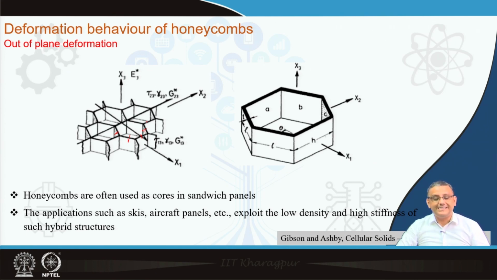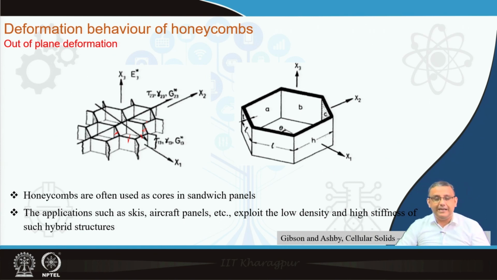However, if the cell edges are of different dimensions or the angle is different from 120 degrees, the properties will be different along the x1 and x2 directions. But it is important to remember that even though the properties might differ along x1 and x2, the properties along the x3 direction, the out-of-plane direction, will always be highest. That means we will always have the highest strength and stiffness along the thickness of the honeycomb, and this is because